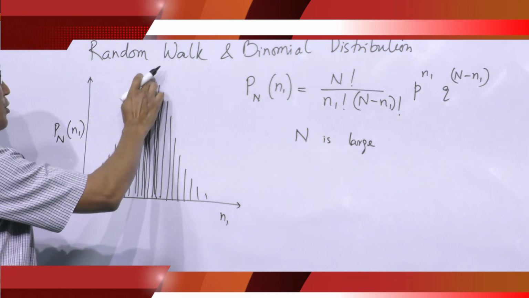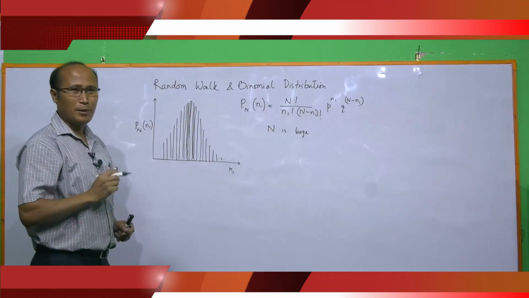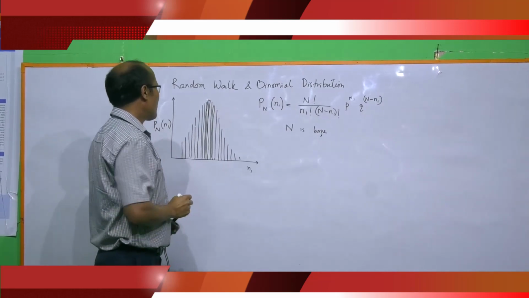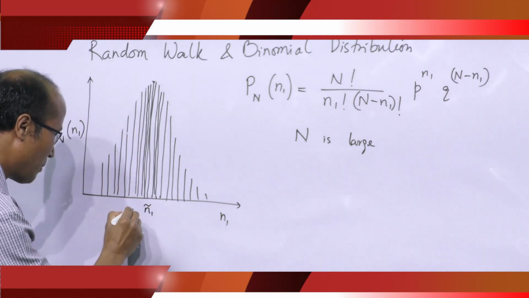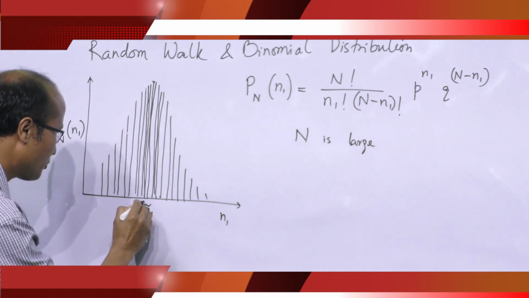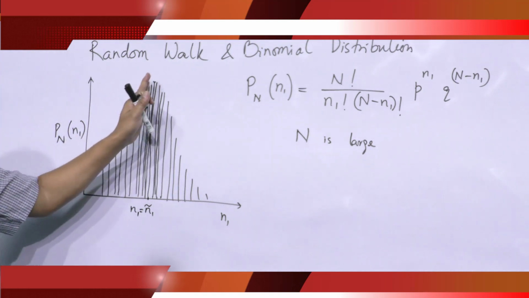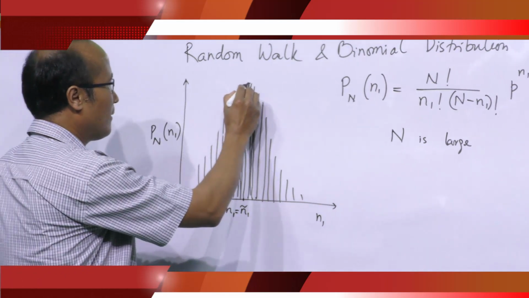Also this distribution exhibits a sharp maximum. So suppose that for this distribution we get a maximum in P(n1) for n1 equal to n1 tilde. Suppose that here we have this maximum,